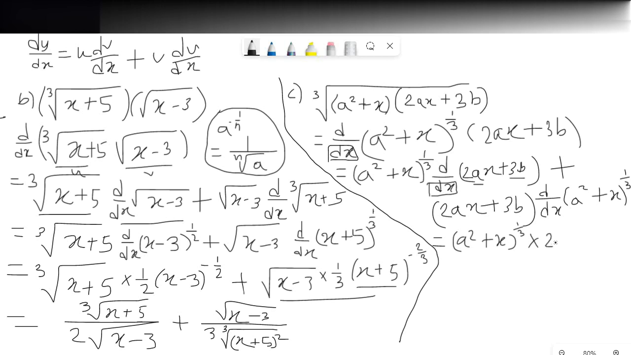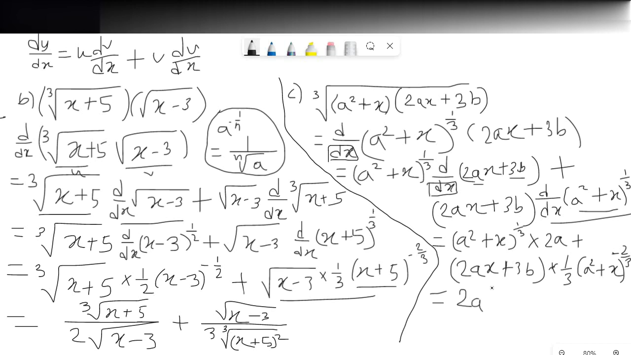So we get multiplied with 2a plus this thing, which is 2ax plus 3b multiplied by the derivative of this guy. Now using the chain rule, we get 1/3 multiplied by (a squared plus x) whole to the power minus 2/3, and then multiplying again with the derivative of a squared plus x, which is basically 1, as a squared is a constant, so the derivative of a squared is 0, and the derivative of x is basically 1, so we don't have to write it. And finally we get